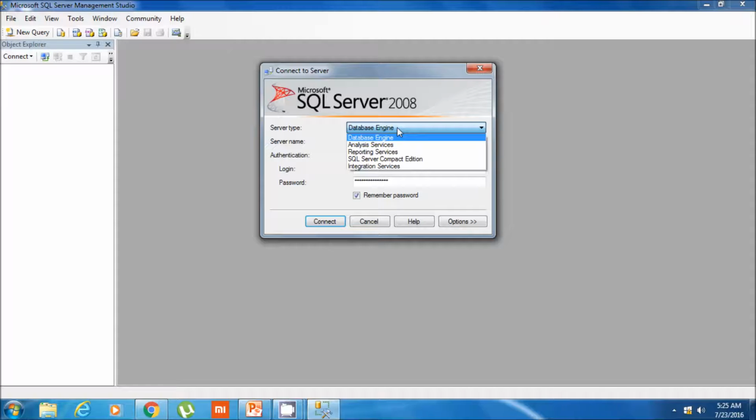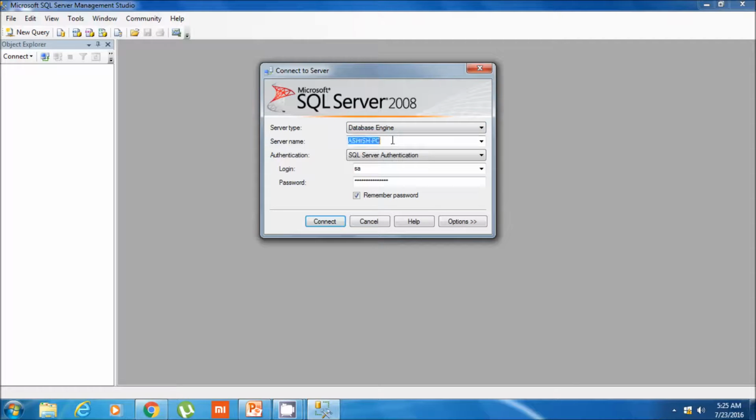The other server types we choose when we want to use SQL Server analysis services, or reporting services when we want to connect to the SQL Server reporting service engine. Because we want to connect to SQL Server now, we will choose database engine.